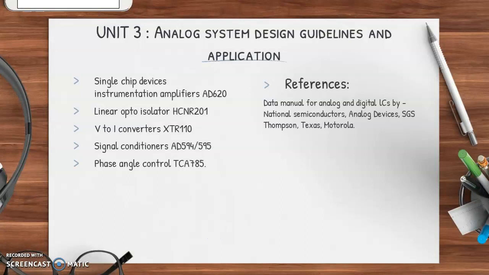Going forward with unit number 3. So unit number 3 and unit number 4 are extremely interesting units here. So what is there in unit number 3? Analog system design guidelines and applications. So somewhere at some point in time we discussed that optimizing your circuit is very important if you want to make a product out of it. So what is meant by optimizing? Look at the contents of unit number 3. So unit number 3 has got